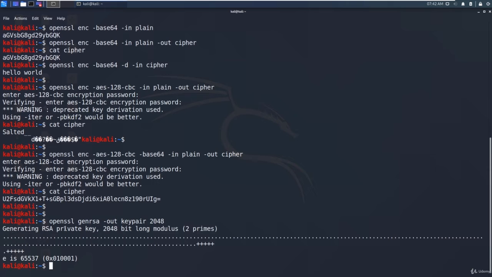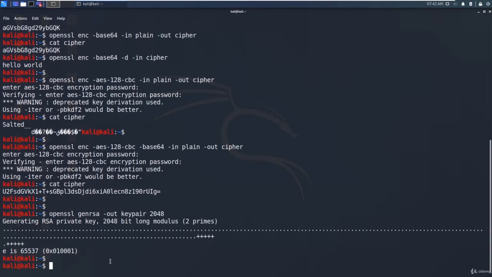So as you can see, generating RSA private key, 2048 bit long modulus, 2 primes. We already know that there will be 2 primes, P and Q, in the RSA algorithm, and the E value is 65537. And remember, we also did some basic RSA CTF and we have solved it. So if you take a look at this key pair,